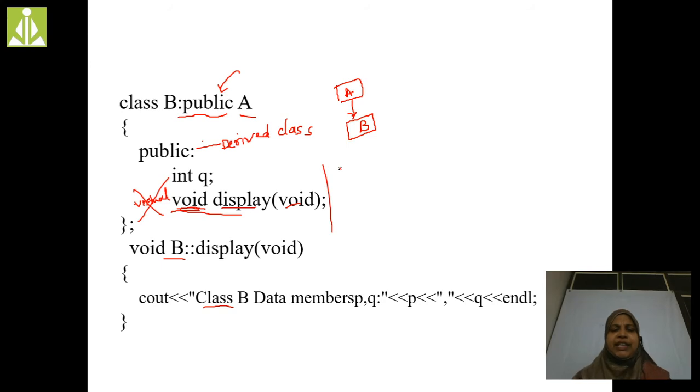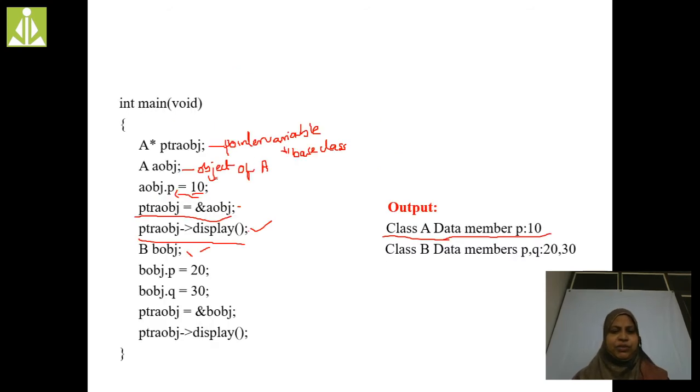Only one data member, int P. Now the class B object can access the data member P and the data member Q. This is the general concept of inheritance, which you already know. Bobj dot P equals 20, Bobj dot Q equals 30. I am assigning 20 to P and 30 to Q.